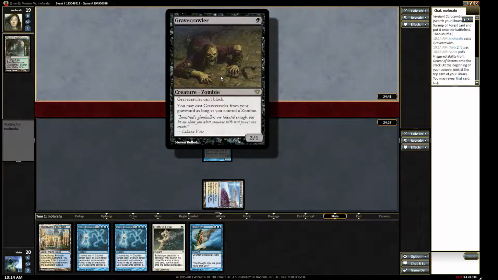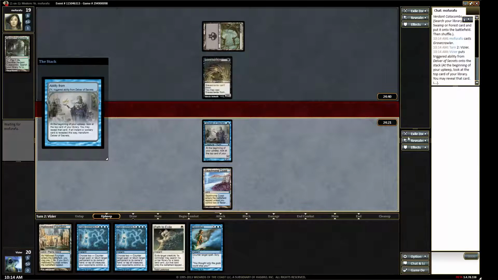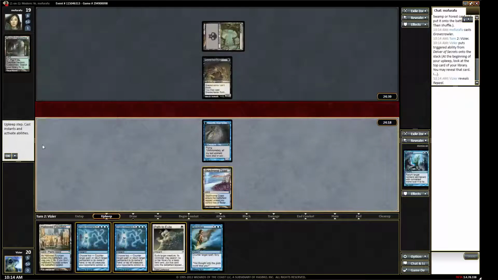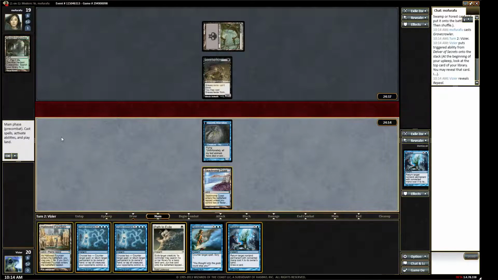Let's see. Okay, Gravecrawler. It looks like he's got some kind of, well, I won't make any predictions yet. It could be a couple different things. Alright, so Delver flips. So I'm swinging with a 3/2 flyer on turn 2. Now, this is bad, or so you will be told